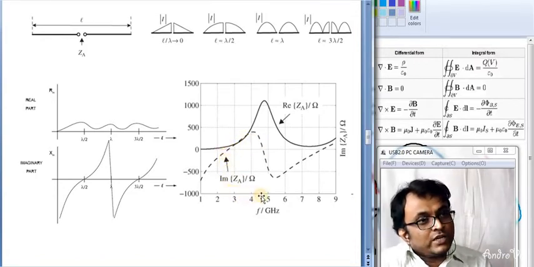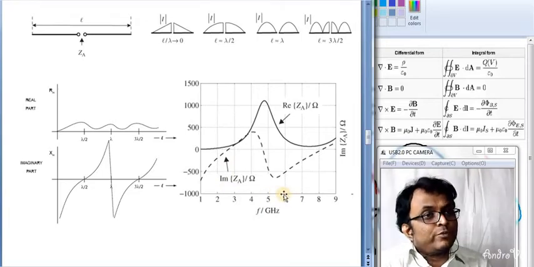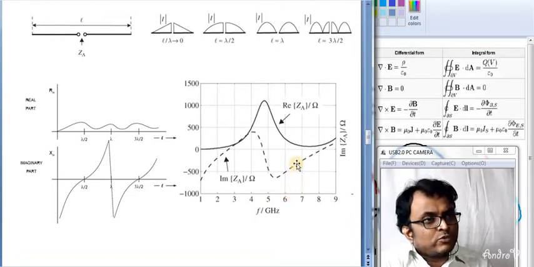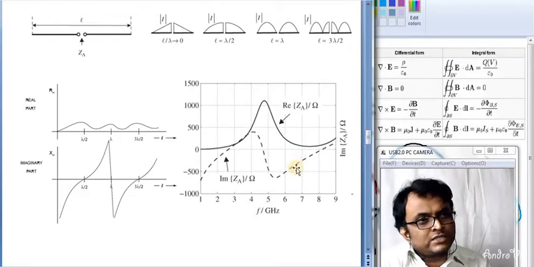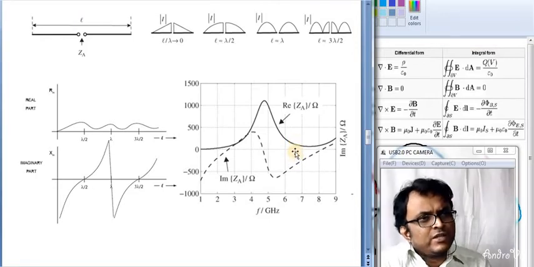If I increase the frequency, say for Bluetooth communication, that is 6.2 or 6.4 gigahertz, the radiation resistance is associated with some imaginary part, some capacitance value is associated here. So I have to adjust it using some matching techniques. Some antennas are designed for that; this simple dipole antenna cannot be feasible.